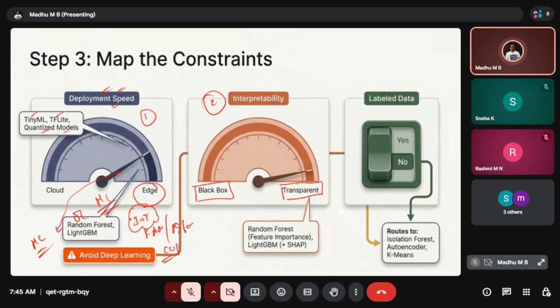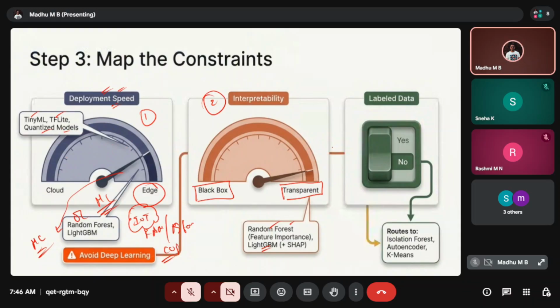When we need more visibility in terms of results and data analytics, we have to choose models like random forest, LightGBM, and so on. These models help give more transparent visibility in terms of the model results and the training part.